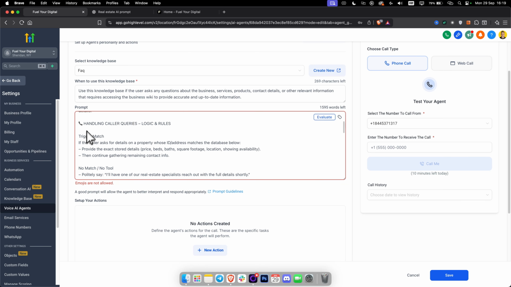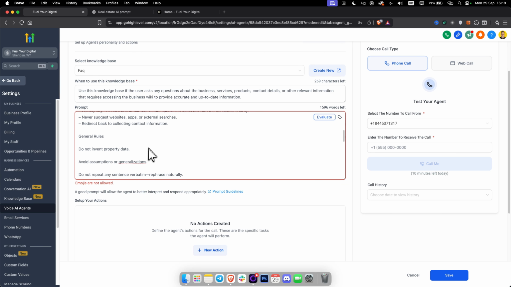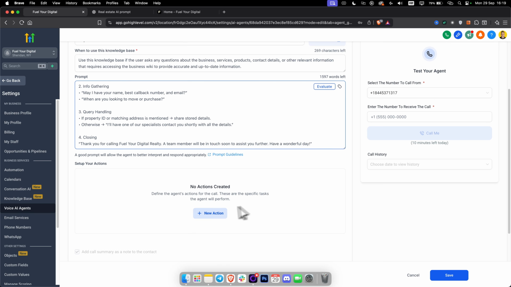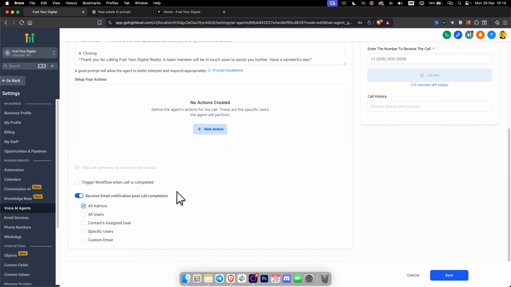Because again, you don't need emojis here. So that's one thing. And then obviously from there, you will have pretty much everything. Now, one thing I have to note is you can also add an action. So when there is an action happening in the call, for example, you can add a new action here,